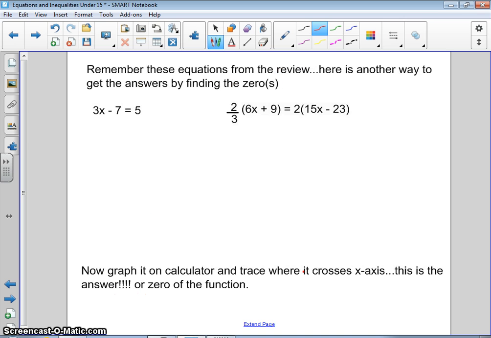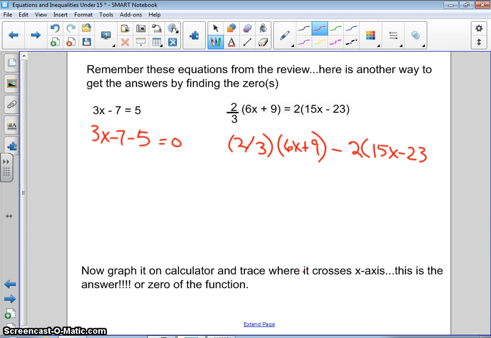Okay guys, I've just got a couple minutes left, and I said I would show you an easy way to get the answers on your graphing calculator if you have one. I'm going to rewrite this first equation, 3x minus 7 minus 5. I put everything on the same side of the equation. Technically it's now equal to 0. I could do the same thing over here. I'm going to put 2/3 times 6x plus 9 minus, I'm bringing this over here, 2 times 15x minus 23